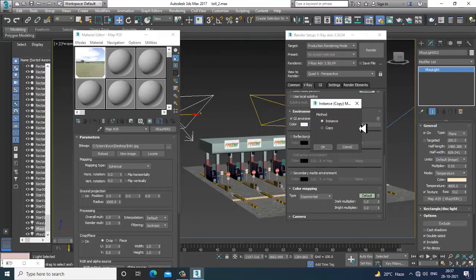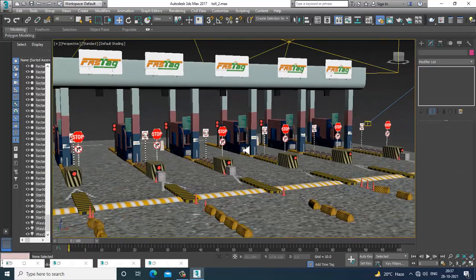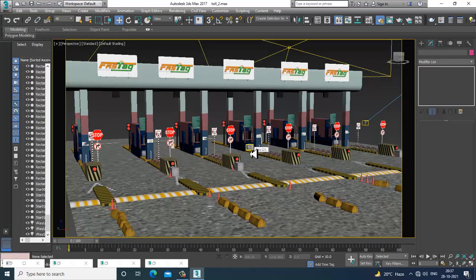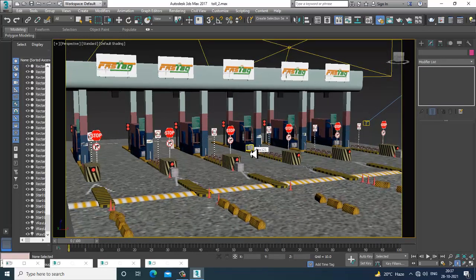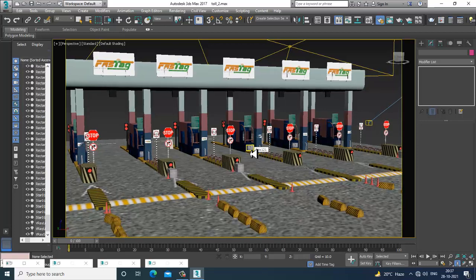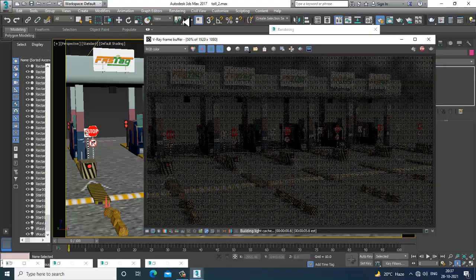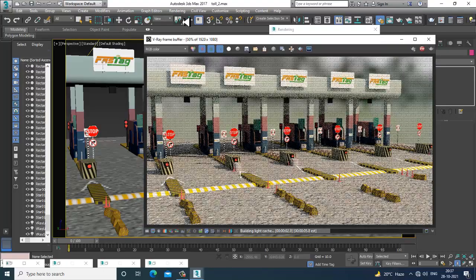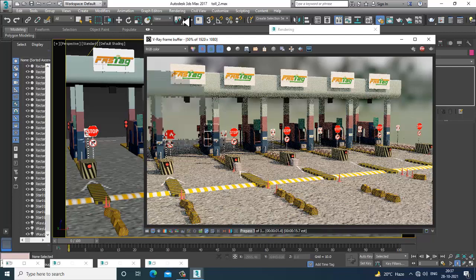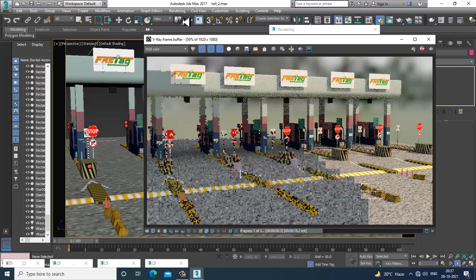Once you've added this HDRI map, I'll slightly drag this over here and let's render and see how it looks. Okay, much better. Just let it render.